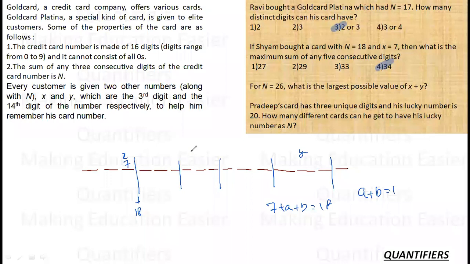For n is equal to 26, what is the largest value of x plus y? Now it is pretty straightforward. I don't even need to solve it because for x and y, the maximum possible value I can allocate is 9 and 9. Okay, 9 9 ही allocate कर सकता हूँ, the sum is going to be 18. Okay, I can permute it. I know if it is 26, so 9 9 and 8, I can keep it as 9. This is automatically 9. This will be 8. This will be my pattern. Okay, so this is again done.